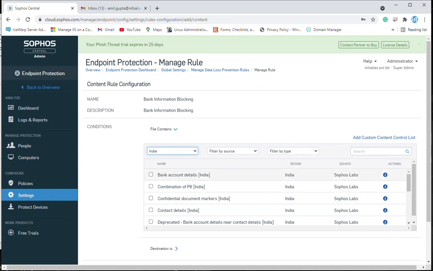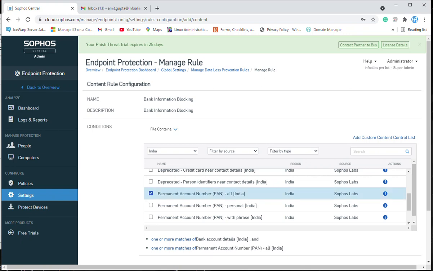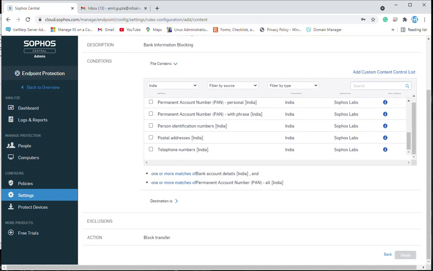This is like credit card number or bank account phrase near a sequence of digits, so I need to select this one. You can even select multiple options, like I also want to block the PAN card. So here we selected the PAN card option, and now we'll go to the destination.